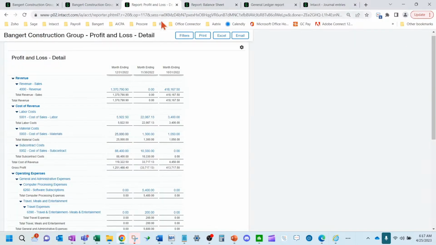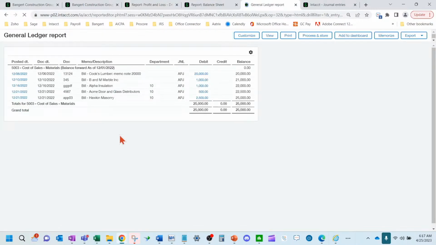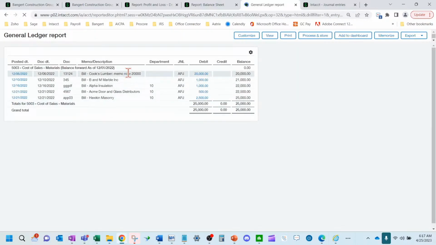Also, just to expand on that a little bit more, if we looked at the materials account, let's say, for example, and let's say we pulled up Cook's Lumber here.